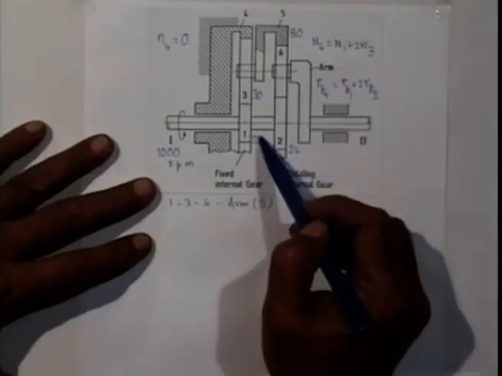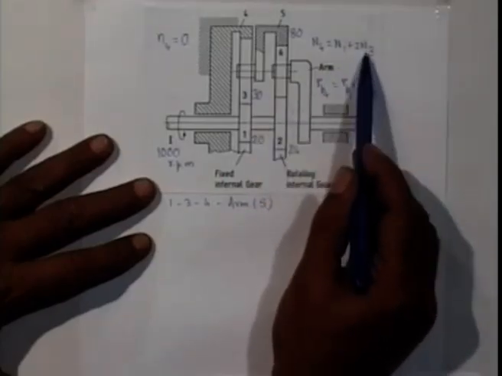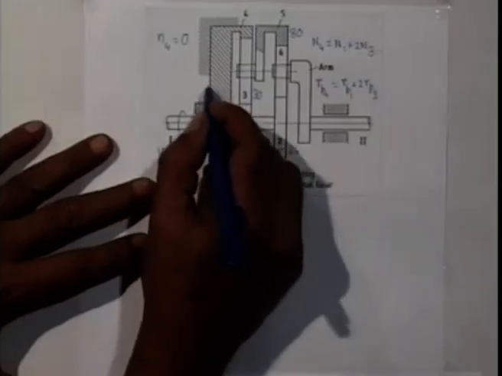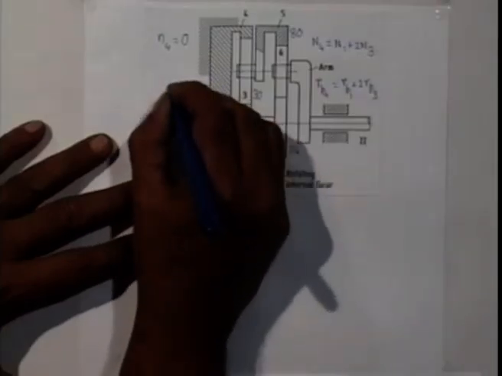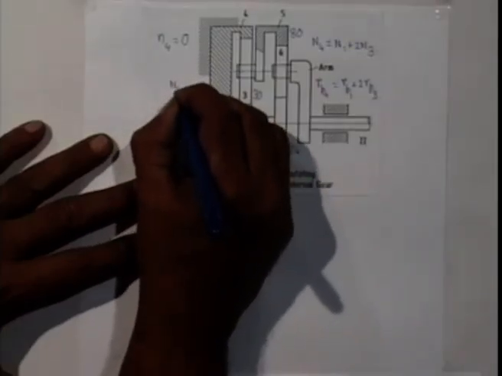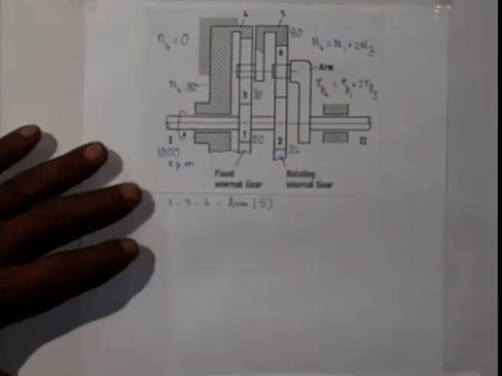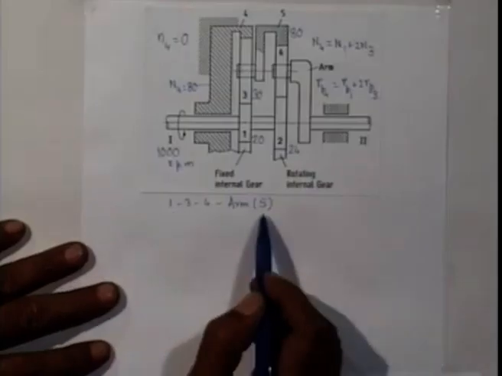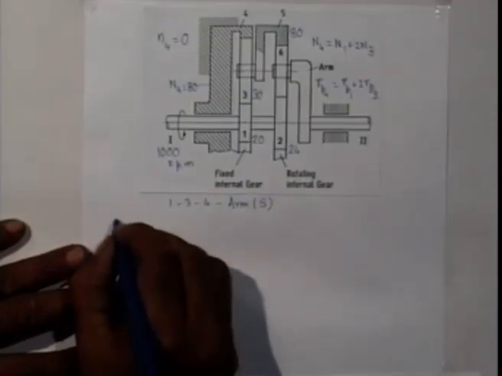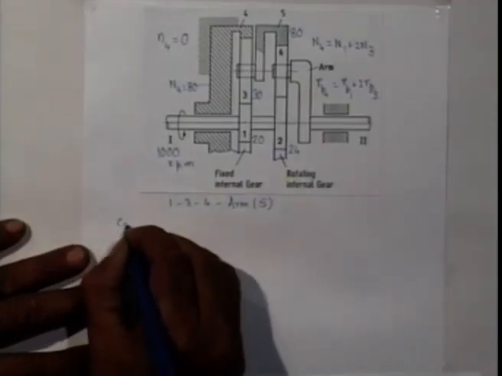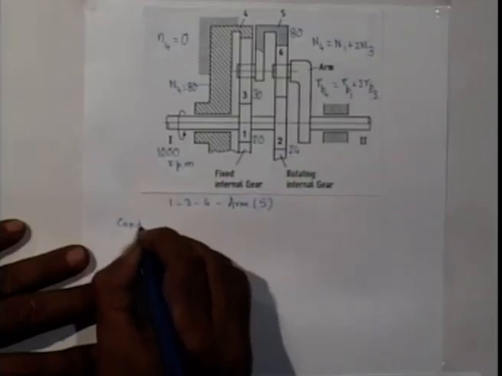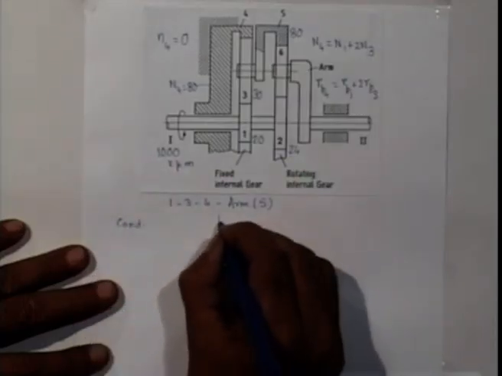N1 is 20, N3 is 30, so N4 is 80. So that gives me N4 is 80. To consider this gear train, as before we make the tabular method, we write condition and